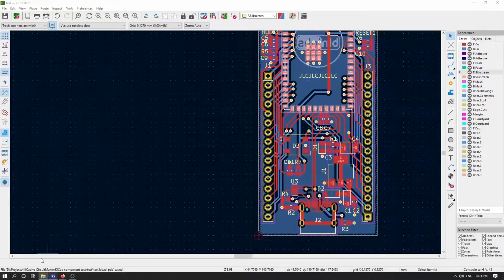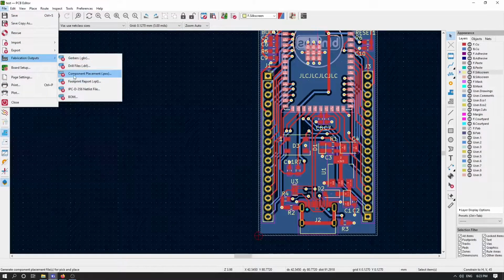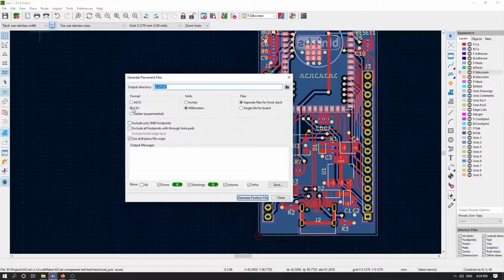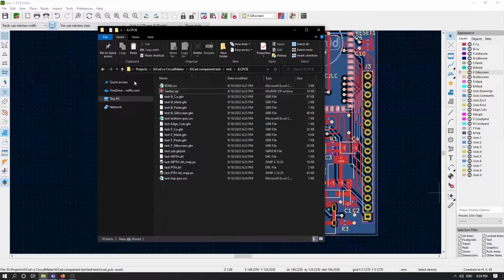So now we are done with this as well, and one more thing is left for us to do. Go to the fabrication options, component placement, and here we would like to export again using drill place file origin. Generate file, close. So now here we have everything that we need. We have the BOM file, we have our Gerber file, and of course we have our component placement file. We have two component placement files, but our components are on top side, so we will use